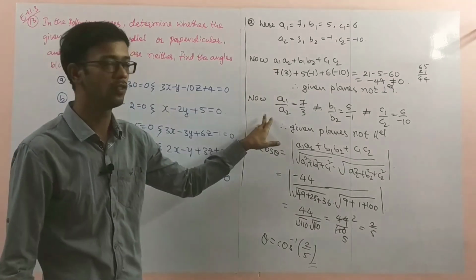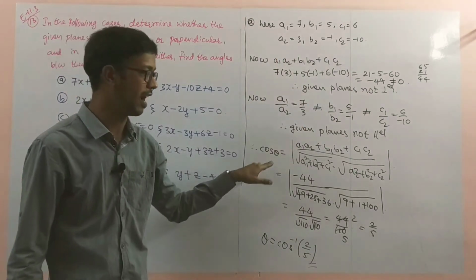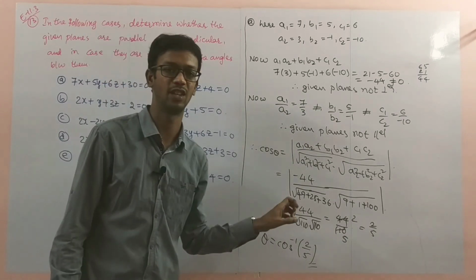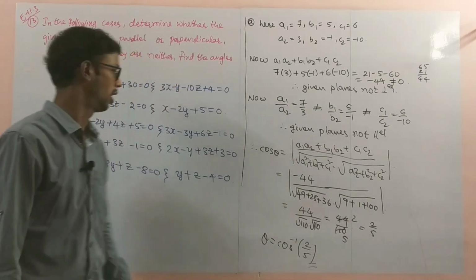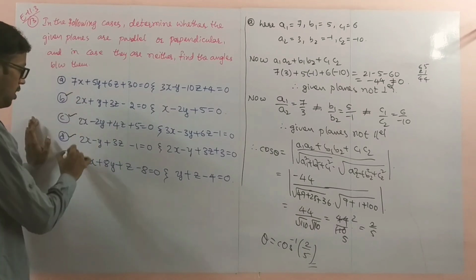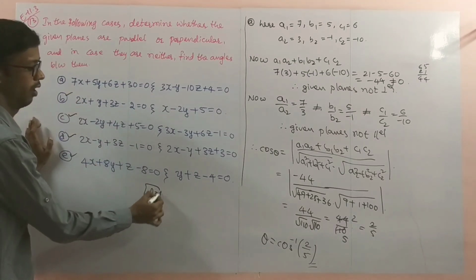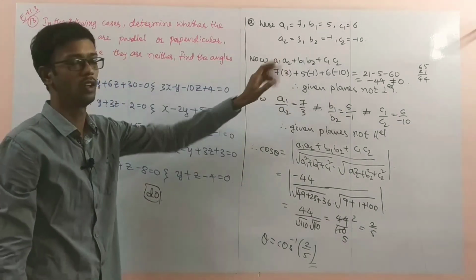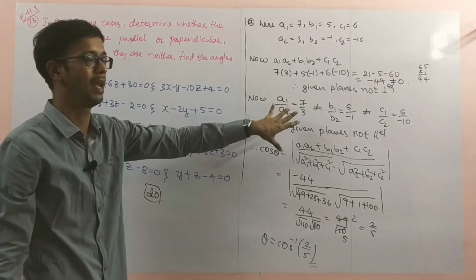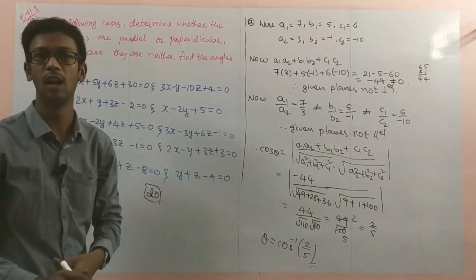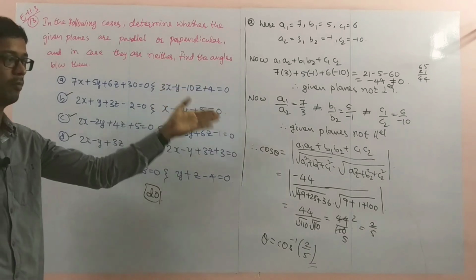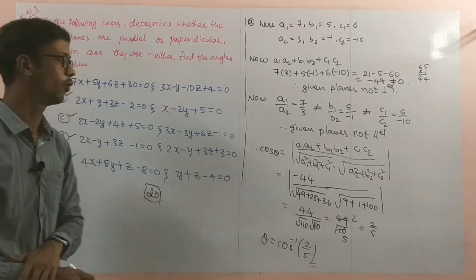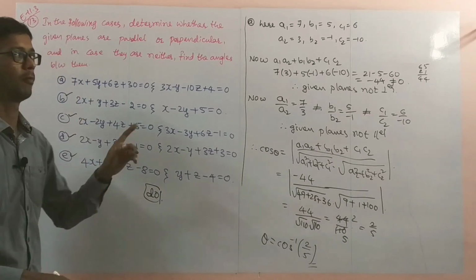If any one condition is satisfied, there only you have to stop. If not satisfied, then for cos theta, the angle between two planes, you have to use the Cartesian form formula. So you will get the theta value. Here B, C, D, E, do as homework. In any case, first of all you have to check here. If any one case is satisfied, there only stop: the two planes are parallel, otherwise the two planes are perpendicular. If not satisfied, you have to continue with cos theta and find the angle between the two planes. These 4 problems take as homework. Pause the video to note it down.